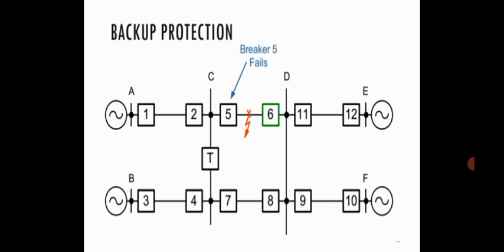Next is the backup protection. Backup means auxiliary protection, secondary protection. You have to see the diagram. Suppose a fault occurs between 5 and 6, marked by the red cross X. Because of that fault, there is a failure in the breakers. So we have to prevent that with auxiliary, secondary components, which is called backup protection.